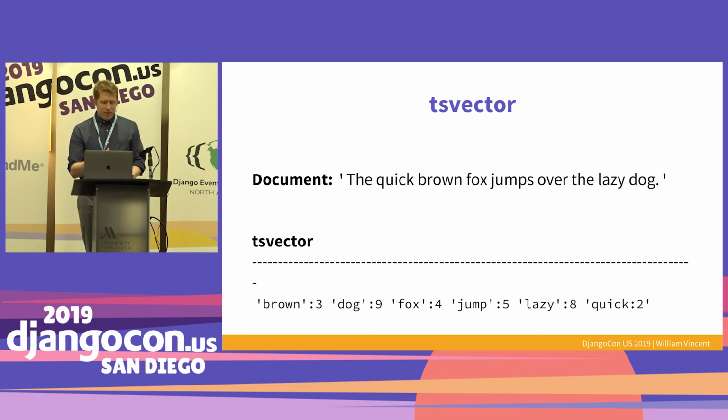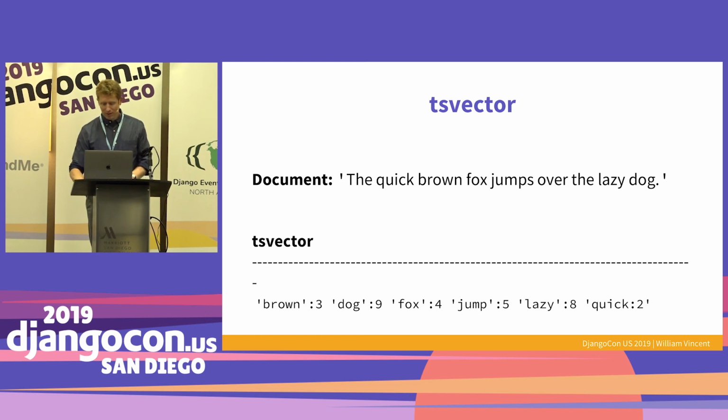This is the vector. So this is pre-processing the document itself. This is how it looks to the computer. So it's taking the lexeme, so for example, brown, its position is the 3rd position. But then if you look at jump, the actual word is jumps, but it's made it into jump. That's the stem. So the position matters for relevancy. And anyways, this is a very simple way of showing you how it's changed by the computer